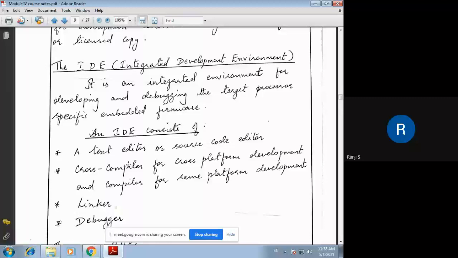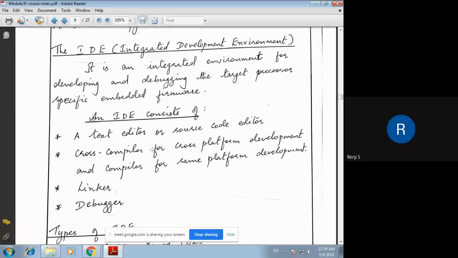So it is easier for us to program using IDEs, and these IDEs provide support for programming the software, whether it is embedded or other software systems. IDEs act as a tool for supporting program development, and you can do it easily with IDEs. So it is an integrated environment for developing as well as debugging the target processor specific embedded firmware.